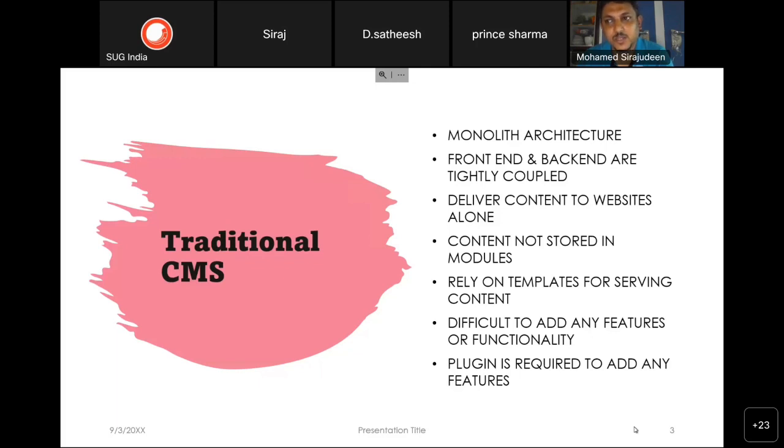From the business perspective, it was good actually. At the marketers' level, all the content will be stored, but the content is not that effective, because it relies on templates for serving the content. A template is a kind of static approach, so if we wanted to add any features, personalizations or functionalities, it is very difficult. Still, we can do it through customization or plugins. But in real time, if we have an injury